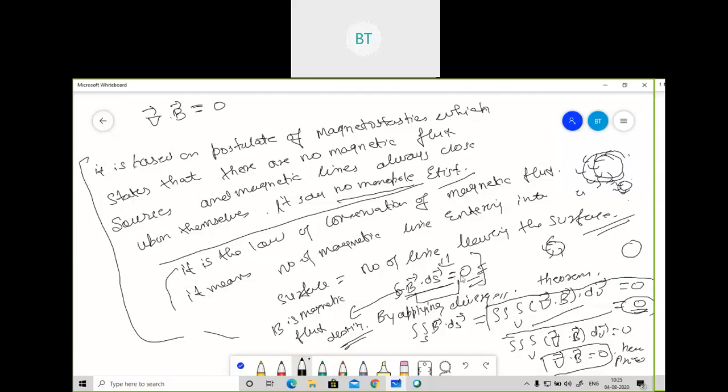After applying the divergence theorem, I have equated this equation to zero because I am talking about the closed loop. And in the closed loop, however much flux is entering, that much flux is getting out. That will always be equal to zero only. So I put it as equal to zero, and after that I have calculated that the divergence of B is always equal to zero. So this is our fourth and final equation which we have proved here. If you are facing any difficulty, please tell me. If you are unable to understand, or have any kind of difficulty in all four of Maxwell's equations, please tell me.